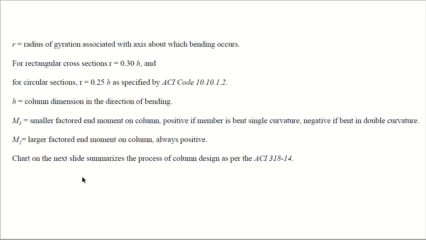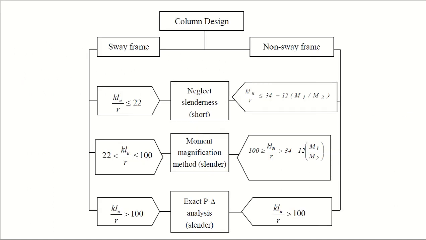The chart on the next slide summarizes the process of column design as per ACI 318-14. So this is the chart that summarizes column design. You have to categorize whether it is in a sway frame or in a non-sway frame. You have equations and you have methods to distinguish between sway frames and non-sway frames. Once you have calculated that your column is, for example, let's say, in a non-sway frame,